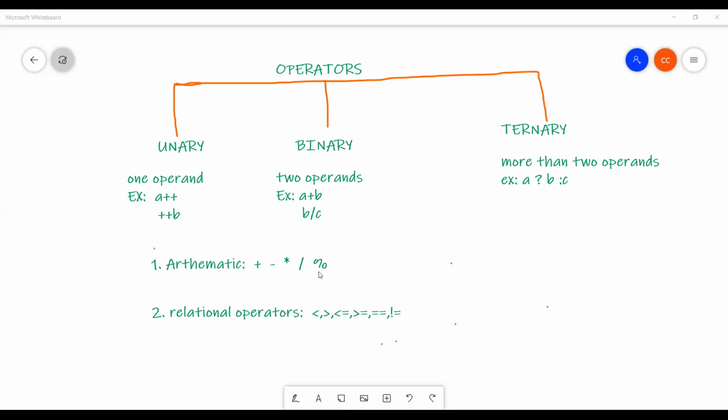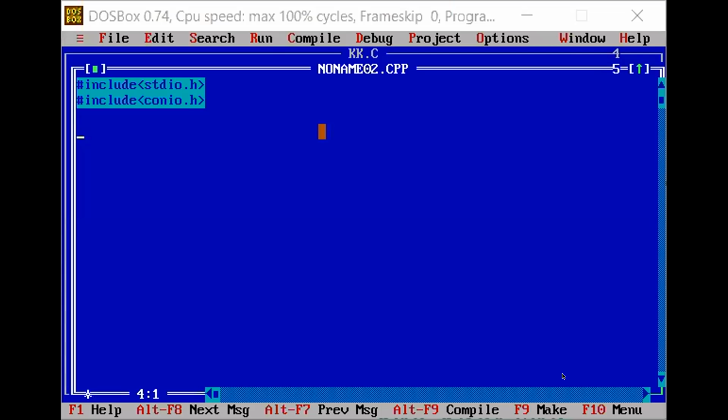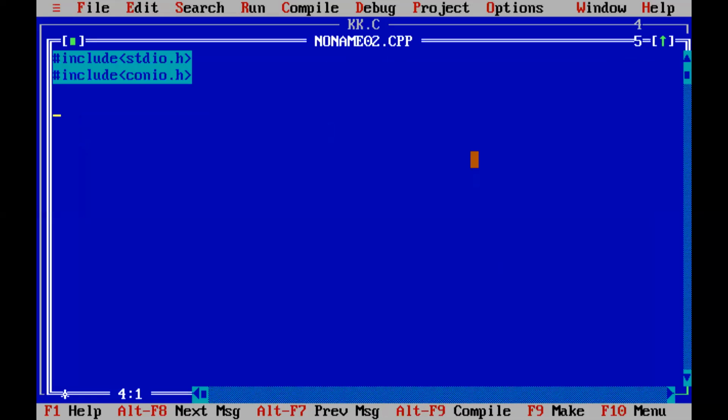Last class we had a problem with modulus operator, because my laptop keyboard was not working. Now it is working. I will execute the program, then go for the next topic. See here, this is your editor.